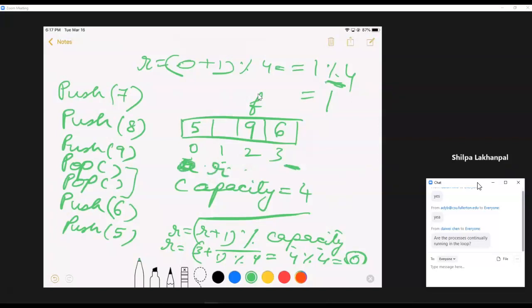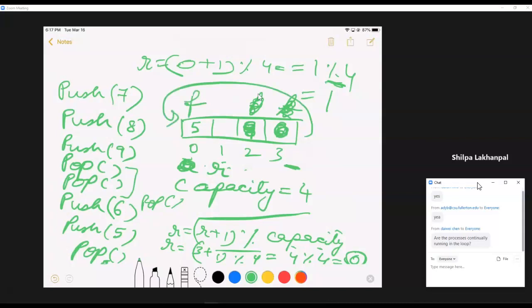So you will still move R to that one location over here. In the same way, if your pop is called, you can keep moving front. So the front will, this one again will be removed, and then front will move here. But again, now if you call another pop after that, for the F also to be able to circle back, because if you call pop here, this one will be removed, and the front should come back here. So that's why you have F is equal to F plus 1 mod capacity.